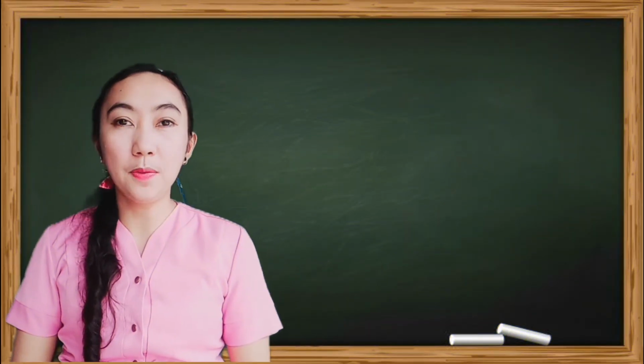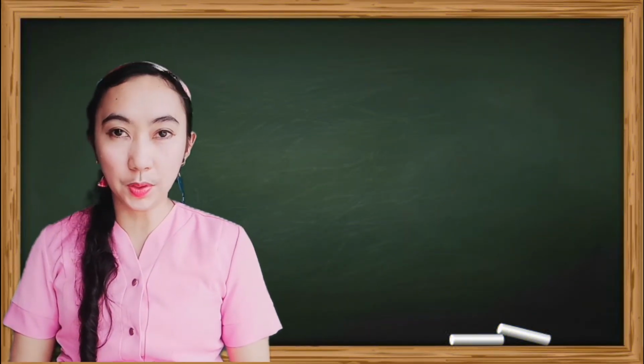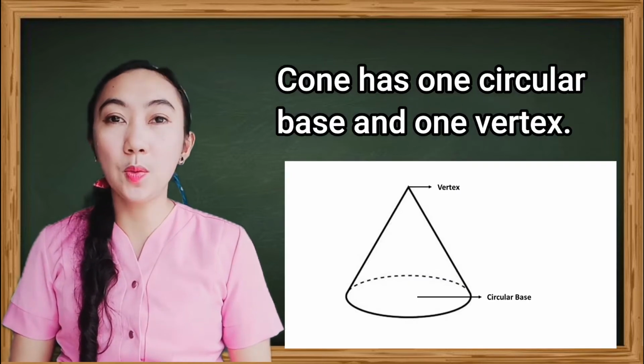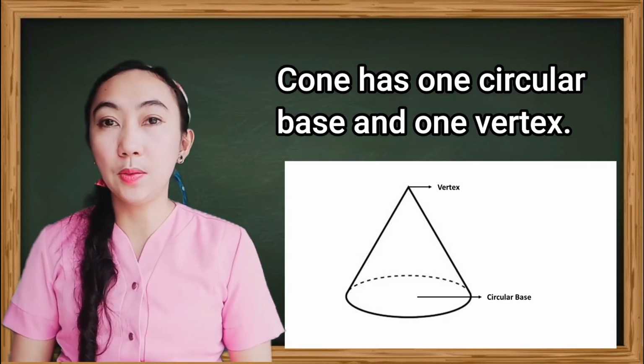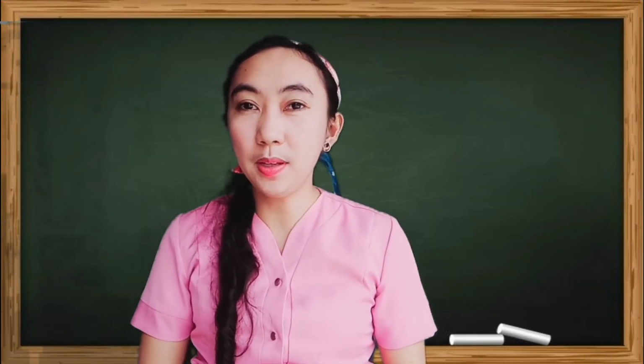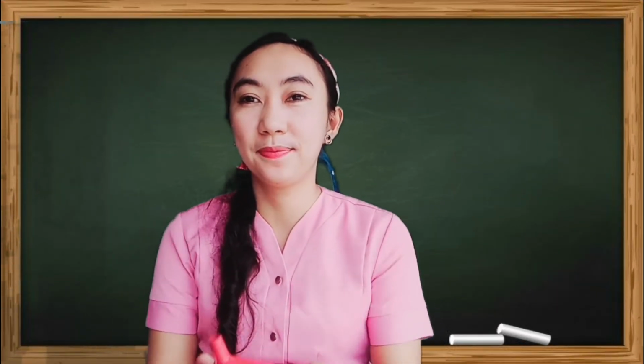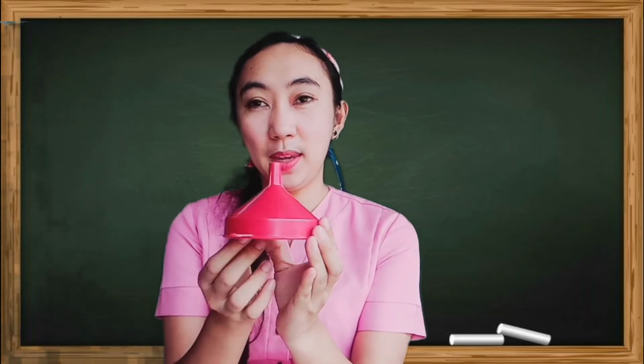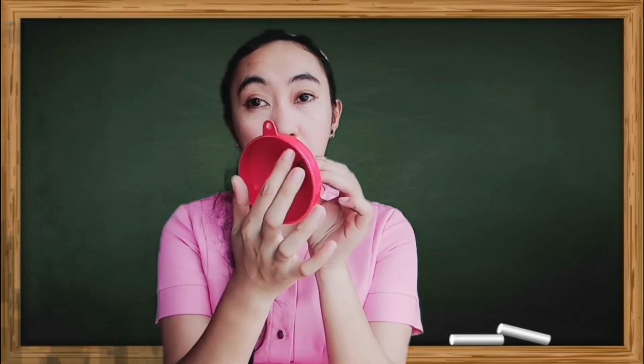Fourth type of a solid figure is a cone. A cone has 1 circular base and 1 vertex. A common example of a cone is a funnel. A funnel has 1 circular base